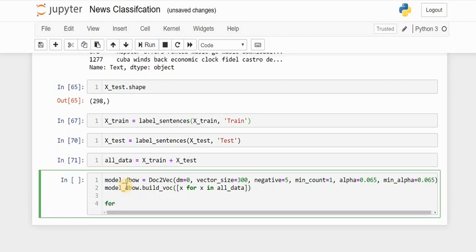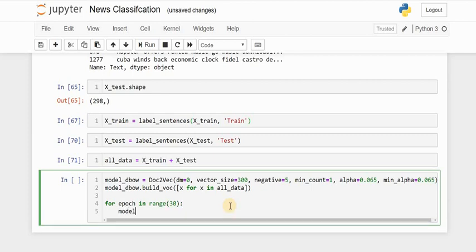Now in the next step, we have called the build vocabulary function from model underscore DBOW, and we are building the vocabulary for the entire data. Vocabulary here means the number of unique words contained in the entire data. Now for each epoch in the range, we will run this model for 30 epochs. You can run it for 40, 50 or so on. It all depends on you. If you get some efficient numbers or efficient hyperparameters, you can ping me in the comment section of this video.